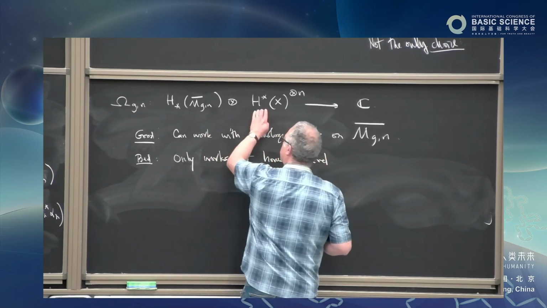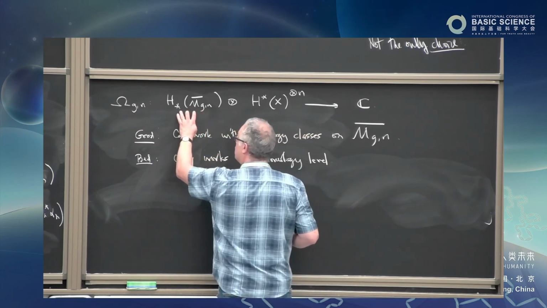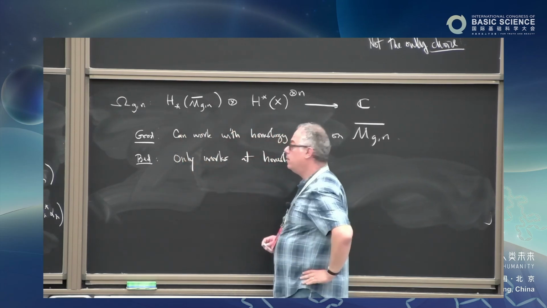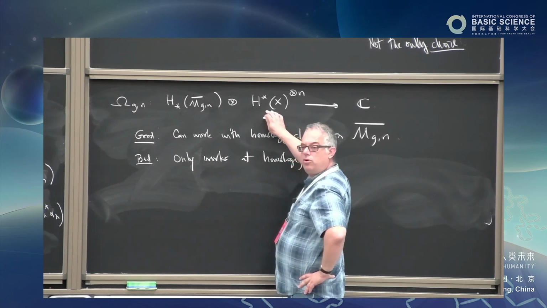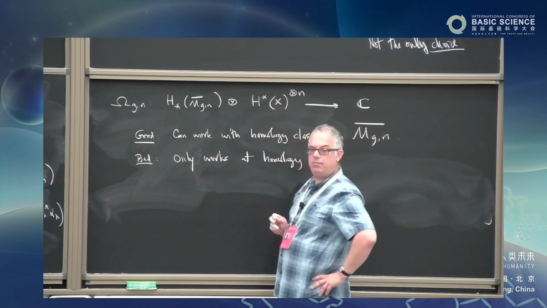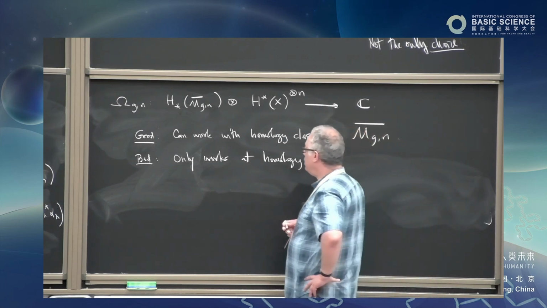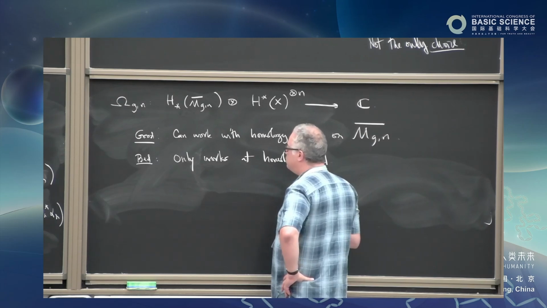These constructions take some homology class here, in other words, a closed chain in M_gn bar, and the cohomology class here, if you want to think of de Rham cohomology, that means a closed form, and produce a well-defined number. That's nice. But it turns out that there is another construction